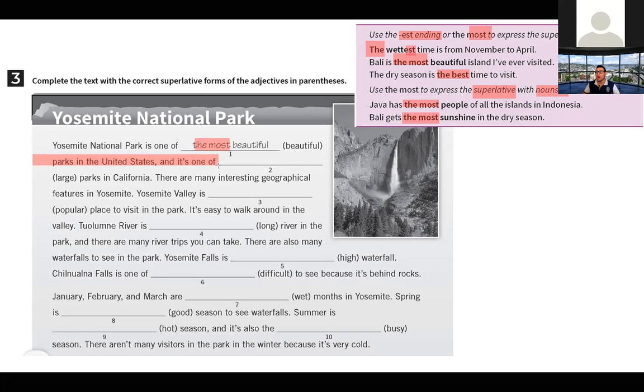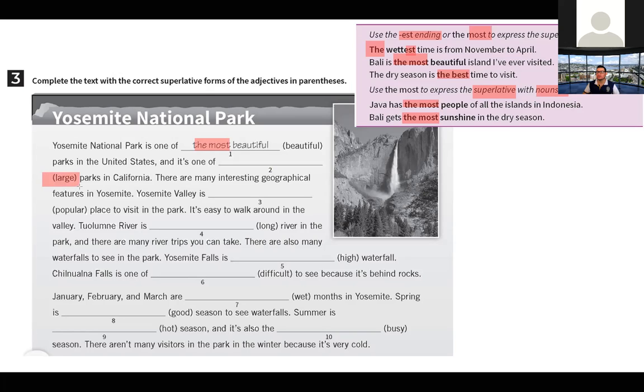And it's one of, ¿cuál será el adjective on this part? A ver, we use the chat, please. Usamos el chat and you have to tell me the answer. What's the answer in this part? And it's one of, what do you think? What do you think should be the correct answer? Look, you have the adjective large in this part. Tenemos el adjective large. ¿Qué diremos?